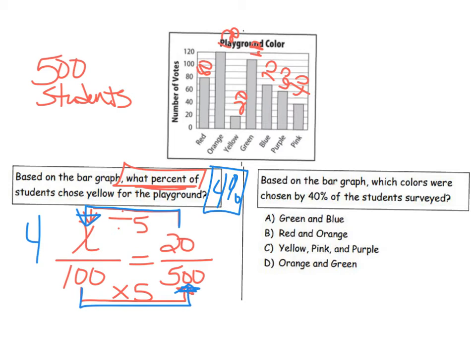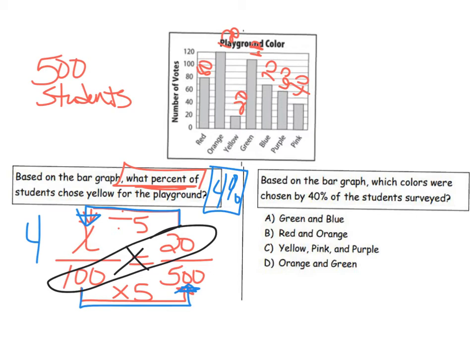Simple, right? Could you have done cross products? Yeah, all you had to do is multiply 100 times 20, which is 2,000, divided by 500, it'll be 4. It's still 4%. Okay. The next one says, based on the bar graph, which colors were chosen by 40% of